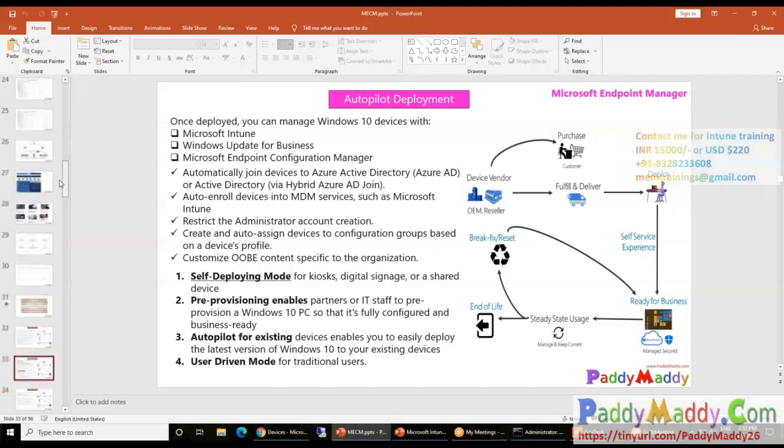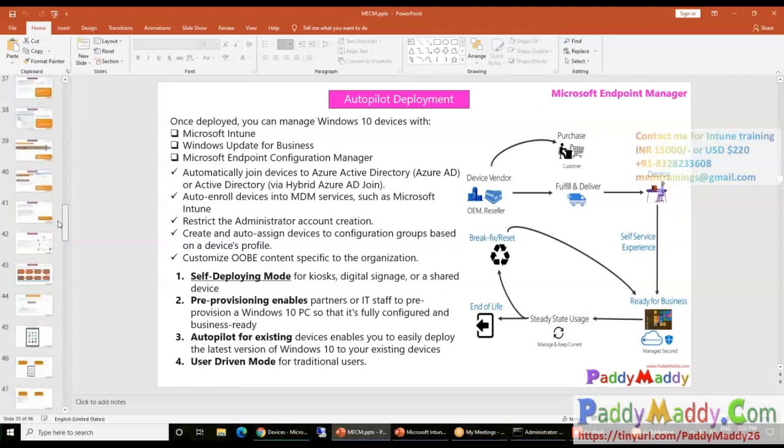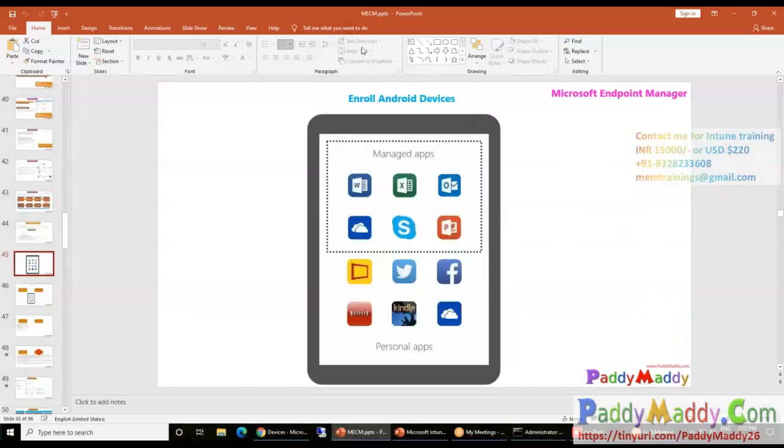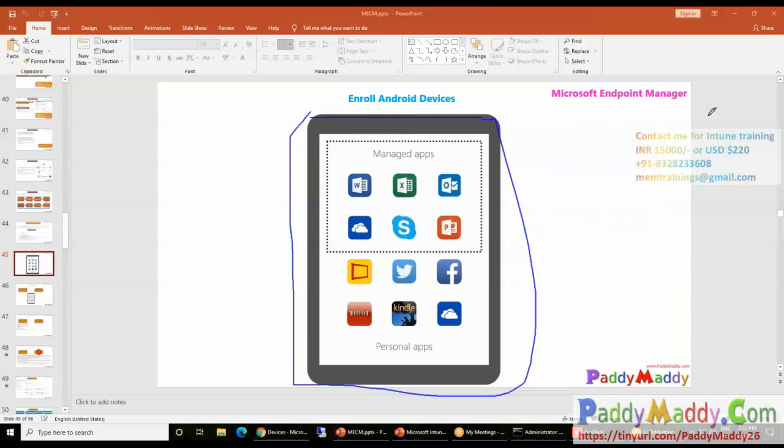Go with that documentation and try to understand, it might take at least a month for you, even if you're coming from a production background. I'll put it in the easiest way. Let's say there's a device. Think that this is a practical device. By enrolling this device to Intune, what you can do is